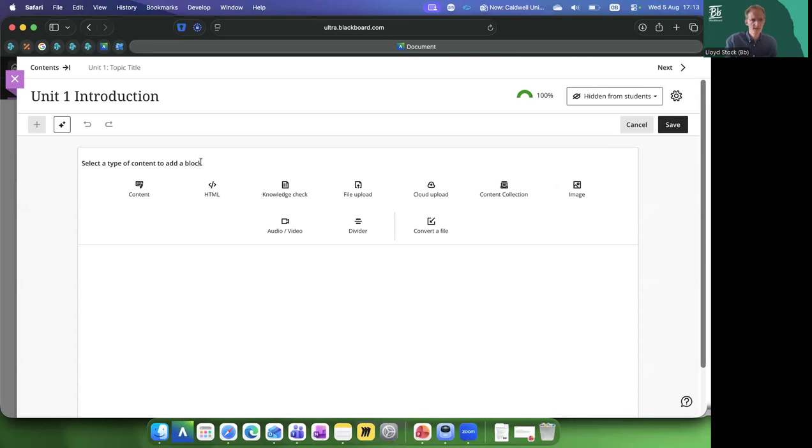So when we have set up the title here, you'll notice that in Ultra documents, the building of content is built around this idea of blocks. When you're creating a Word document, you have lines, and you keep typing, and you press enter, and you build lines of content. In Excel, content is structured in cells and columns. In PowerPoint, it's